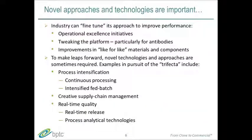So the reality is we need to be able to deliver on all 3 of these areas, quality, speed, and cost. And as an industry, we can do a lot with fine-tuning. We can implement operational excellence initiatives, we can tweak our platforms, we can make improvements in like-for-like areas, better membranes, better resins. But really to make leaps forward, we sometimes have to take the jump to adopt novel technologies, truly novel approaches. And some of the examples that you'll hear about today include continuous processing, creative management of supply chain so we can leverage expertise across the industry and not just within our organization,